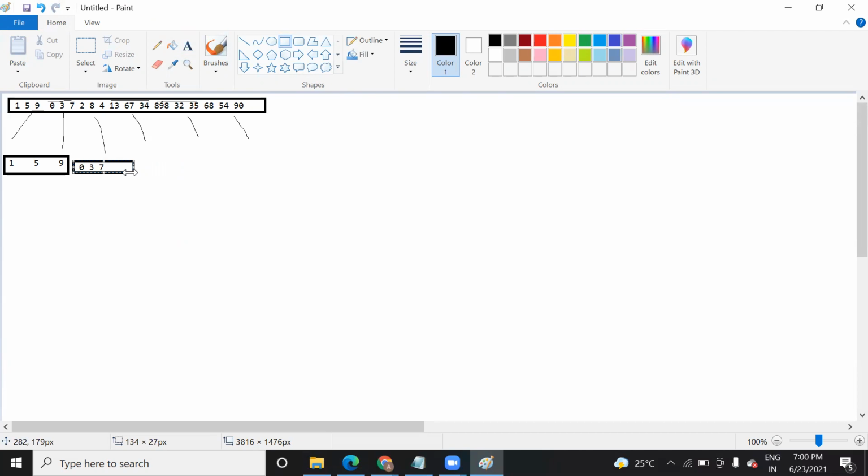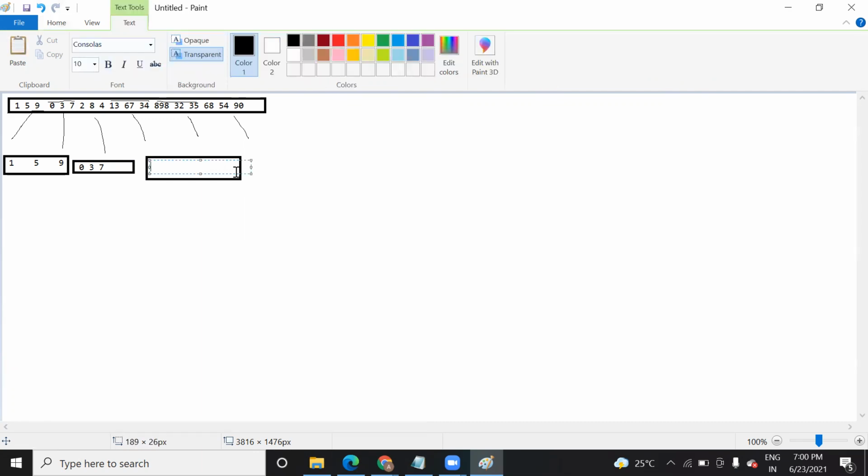Now, what will be your approach? In that case, you will arrange the elements in sorted form. So now you can see that this is already sorted, so you don't need to do anything here. Then this is also sorted, so you don't have to do anything here. Now this one, the third one, how are you going to approach it? Can you tell me the elements in the third set?